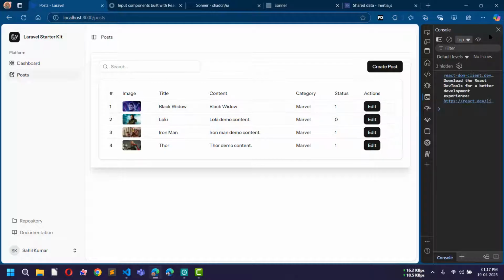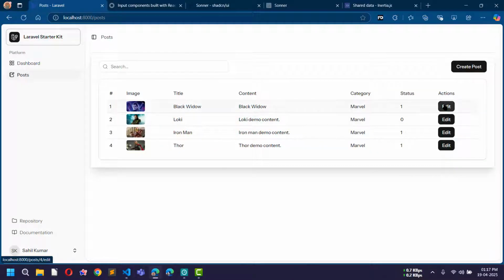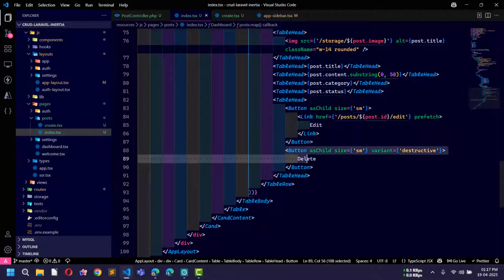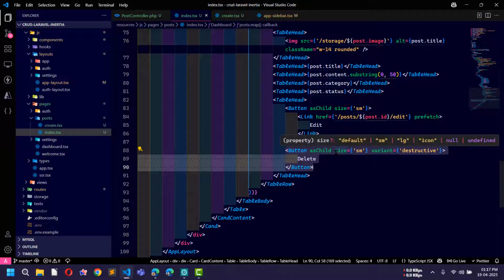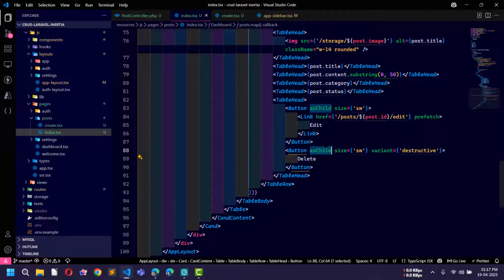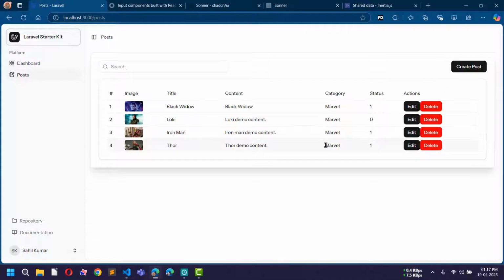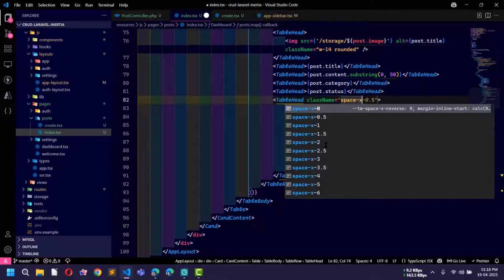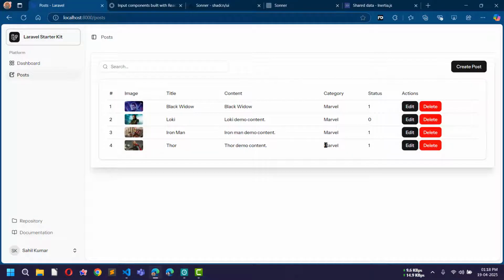Okay, so we have only one button. This button is not showing. Let me check. Button asChild. Okay, now here in the table head I will use className, and I will use space-x-1 to give some space between these two buttons. Okay, now if I click on edit,